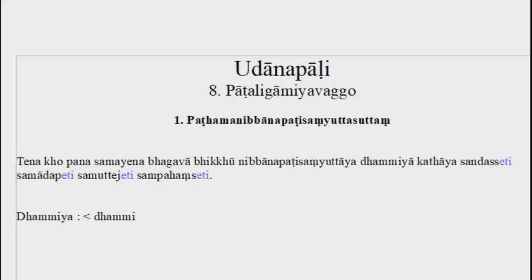And then lastly, the longest word, Nibbāna-paṭisaṃyuttāya. This compound breaks up into two parts, Nibbāna and paṭisaṃyuttāya. Paṭisaṃyuttāya is the past participle of paṭisaṃyujjati, connected with, coupled, belonging to. And so this whole thing would be a tatpuruṣa compound, connected with Nibbāna or Nirvana, or pertaining to. A dharma talk pertaining to Nirvana.